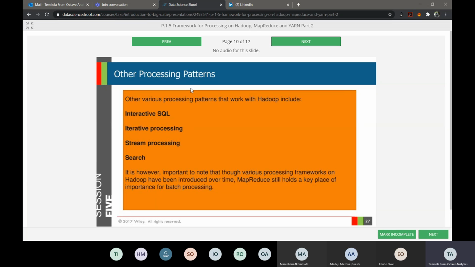Then you also have your search, as you can see. Let me just read this out here. It says, it is however important to know that various processing frameworks on Hadoop have been introduced over time. Oh, that's not even the definition of search. So for search,